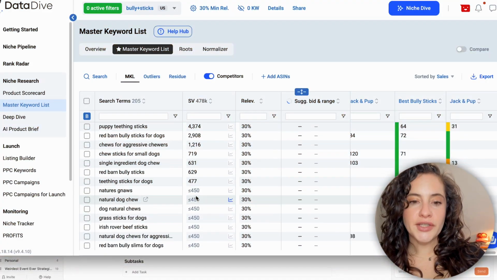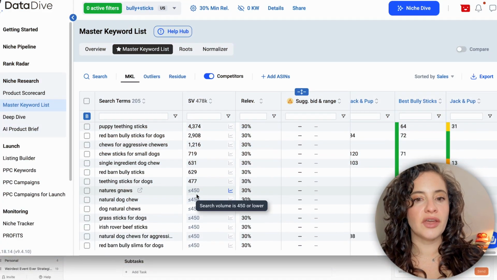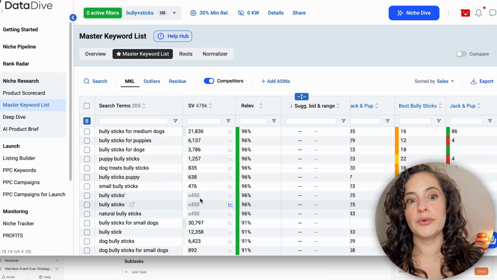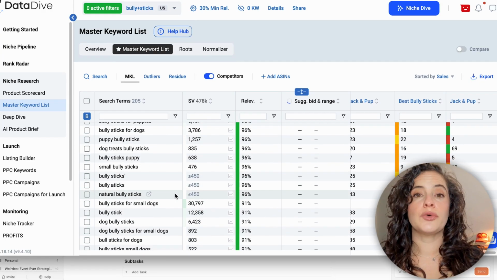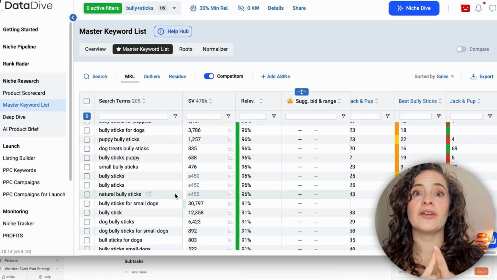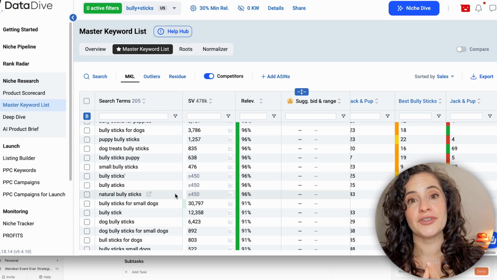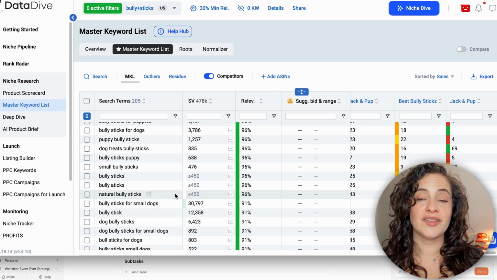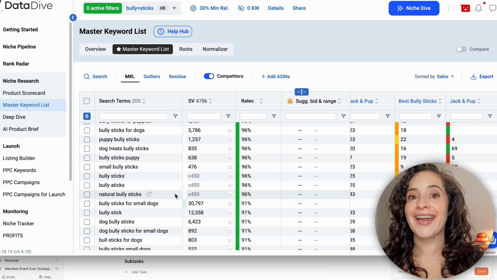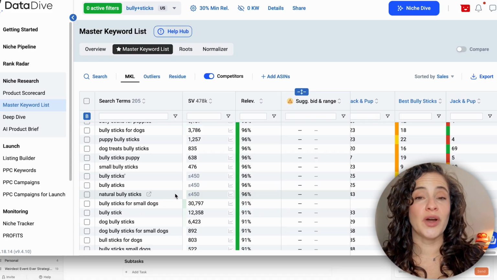So you are going to want to, and this is where things can get a little bit tedious, but you are going to want to go through this entire list to identify a few different things. What are those winning keywords where you have an opportunity to carve out some of your own part of the competitor pie? Also, you want to keep an eye out for words that you're either going to want to avoid or use very carefully,